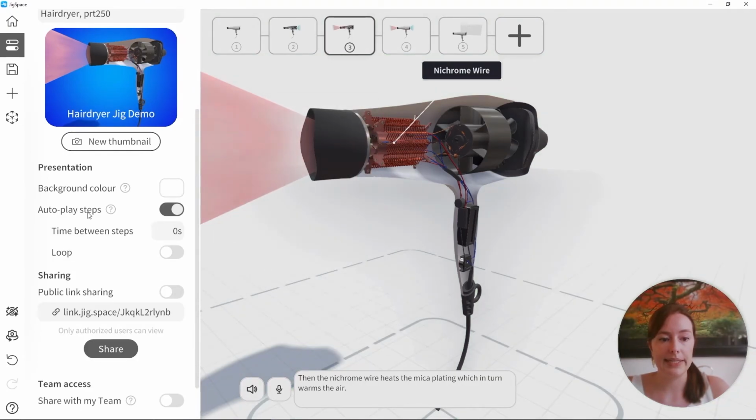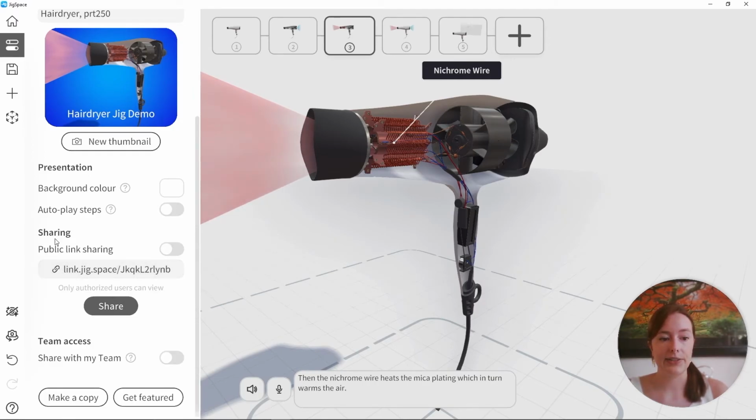And we also have autoplay steps. And when I select this, it opens up our menu. Now, when you autoplay steps, you can select the time it takes for each step to loop onto the next one. I would recommend that you find which step has the longest instructions or text in it, and you time yourself reading that. And then you use that time as the time for the looping, because you want to make sure that everyone has the ability to read your text before it steps on. You can also add looping to your jig. That will just mean when you hit your final step, it loops back to step one and continues through the jig. In this case, I'm just going to keep this option off.